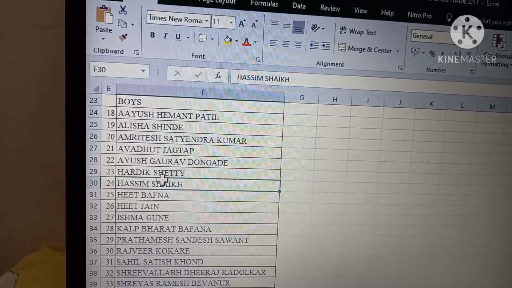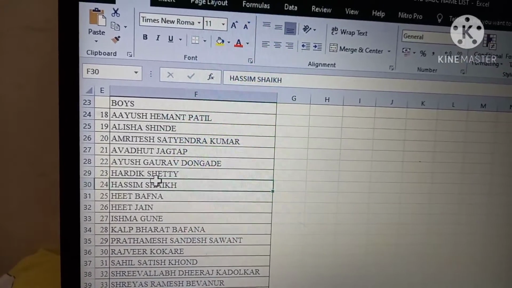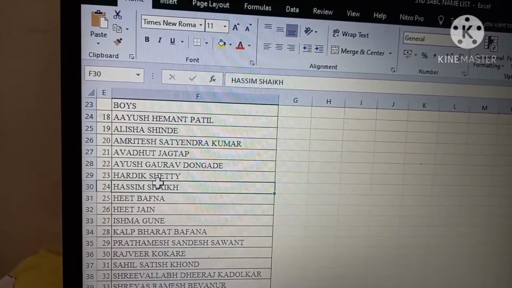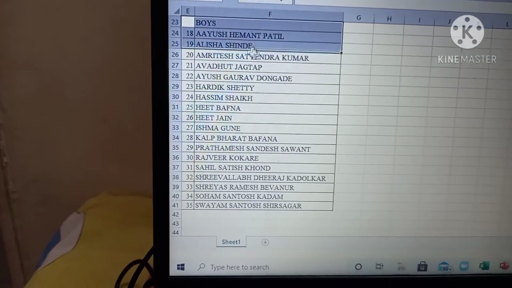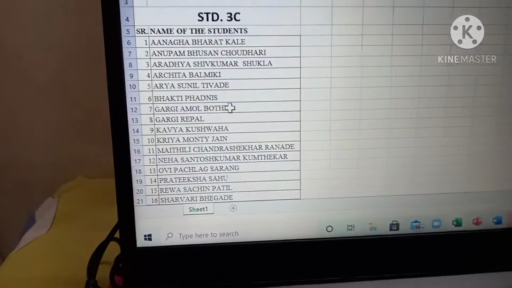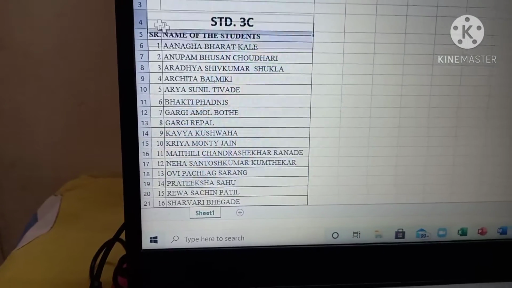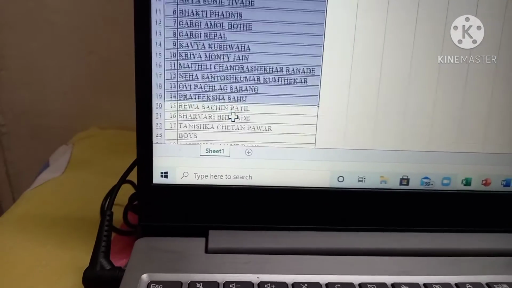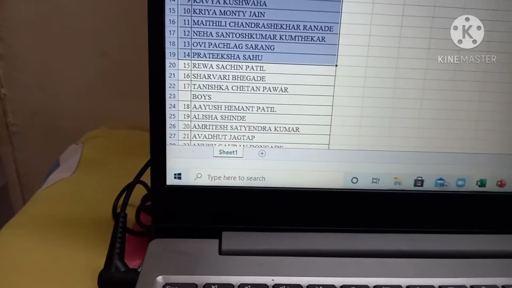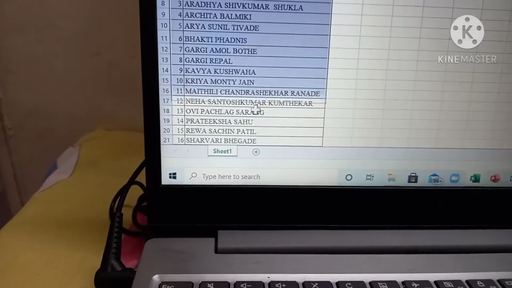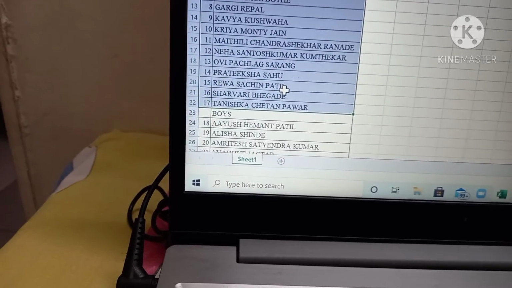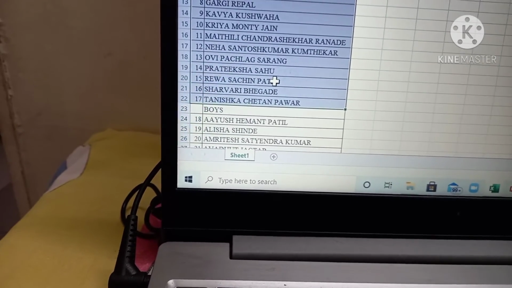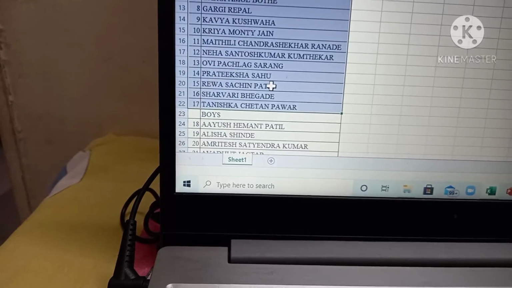To preview the worksheets before you print, click the print preview button. For that, first I will select the part that I want to print. Suppose so much is there, I want to print only the names of the girls. I have selected what I want to print, right? Select the area of the worksheet that is to be printed.